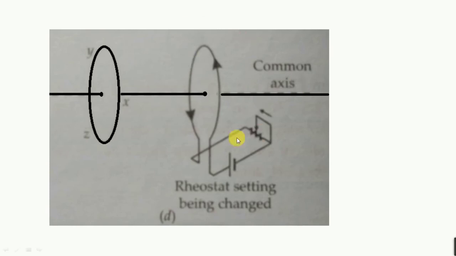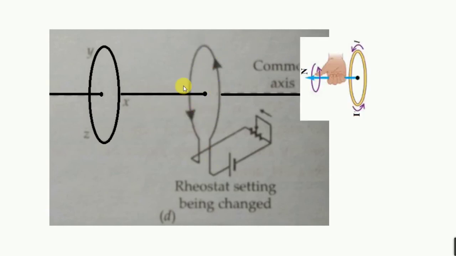So now in this question we have to find the direction of current in this coil when the resistance is decreased. When the resistance is decreased, the current will increase through this coil. First we have to know which side is the back side and which is the front side. This side is the front side, and these sides are the back side. If you use the right hand thumb rule, the current from above is going upward, so the north pole will be produced out here.